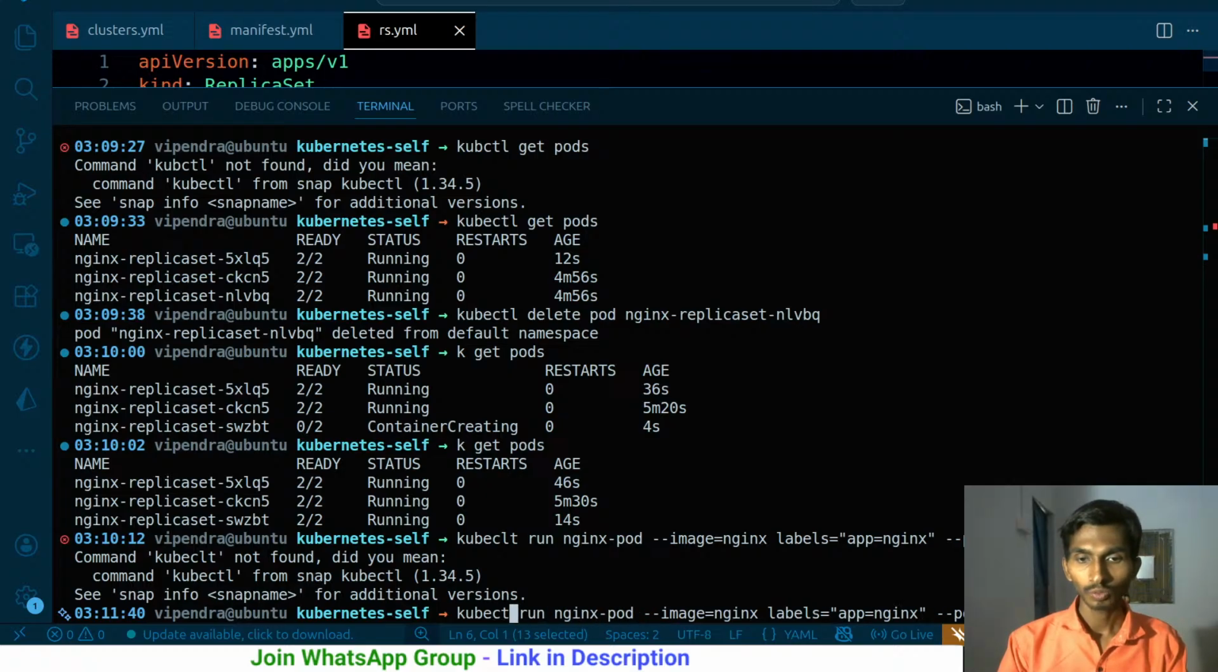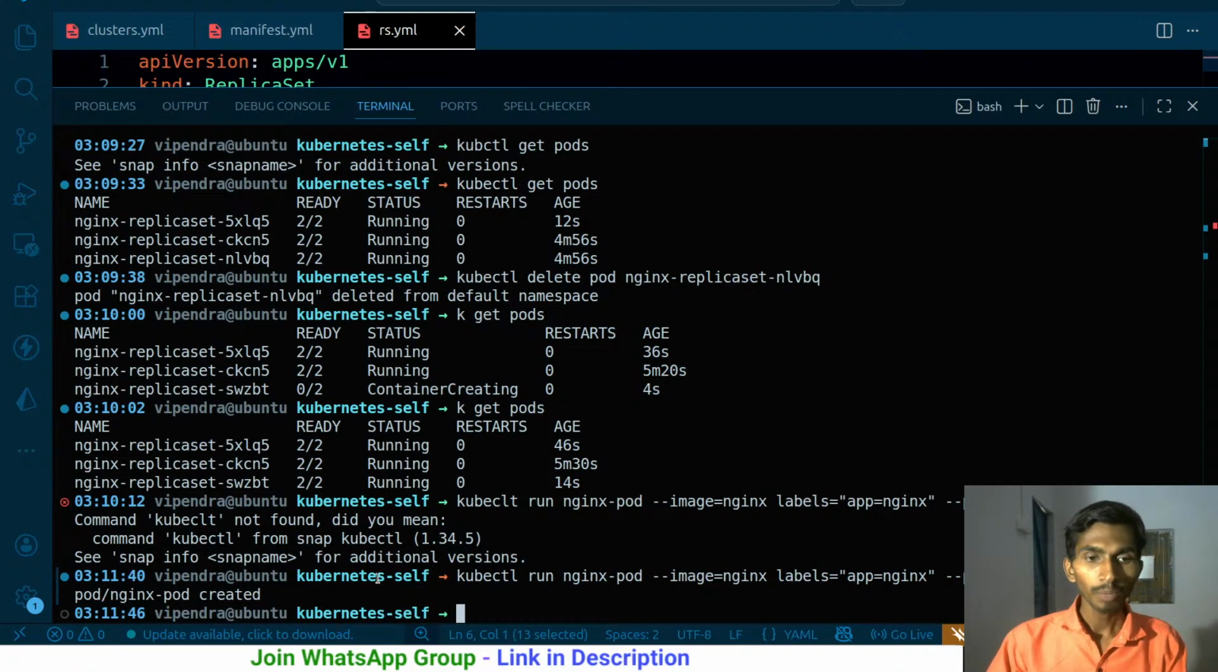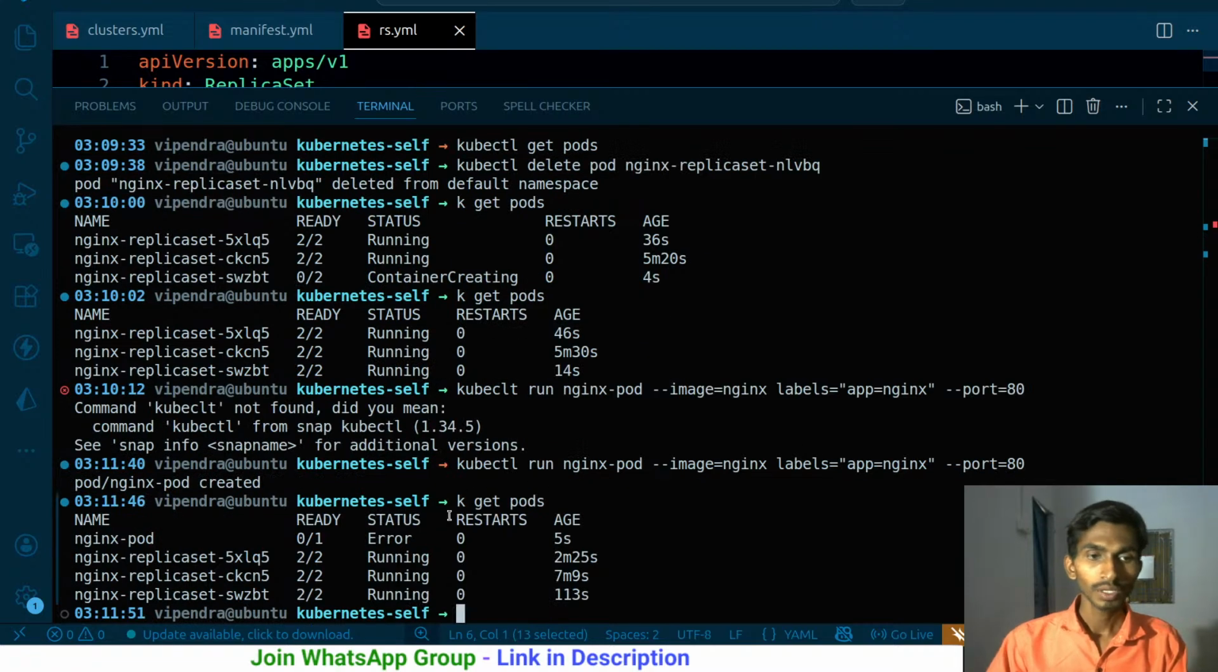Let me correct this, kubectl, just like this, run it. What happened? It created, but will I be able to see k get pods? No, I got it, and then there is an error. Why is there an error? Mainly because it was already there, nginx,